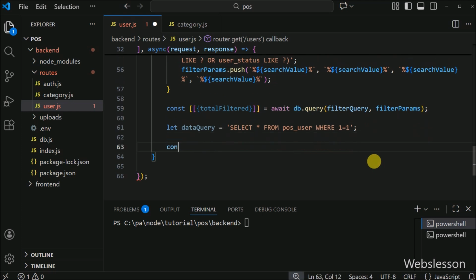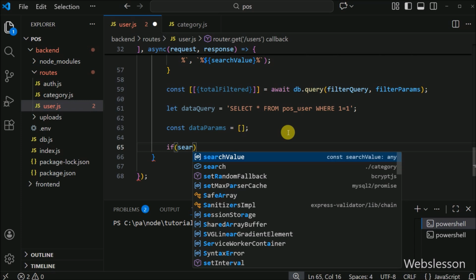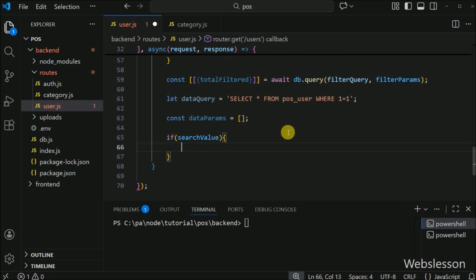Next we have to write constant data params variable as empty array. Here, we have created an array for parameterized values in the main data query, which ensures secure SQL execution. After this, we have to write if condition for checking if search value variable exists. So here, we have checked if the search term needs to be applied to the main data query, which matches